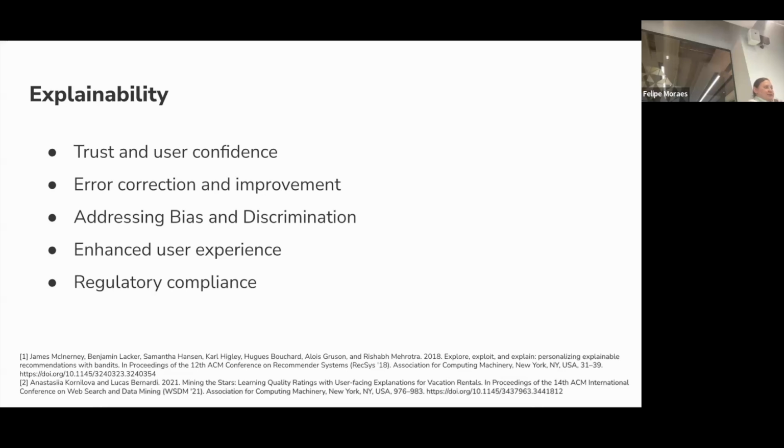Then it can be some issues inside. And also you can provide better user experience. In some cases, it also can be a personalized treatment. And you can improve trust and user confidence. So basically we did that: we provided user-tailored explanations for property owners and tested that in the experiment, and we found indeed that it was beneficial for trust and user confidence.